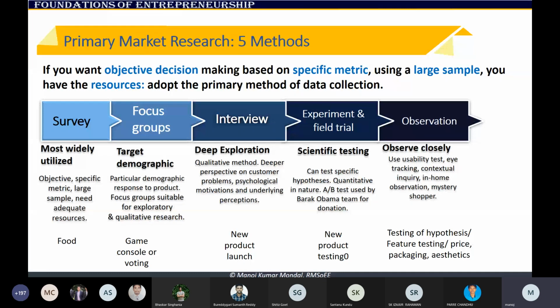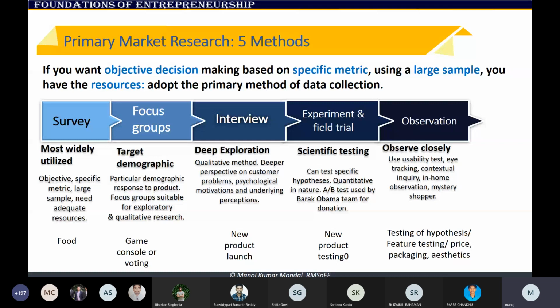Then observation. Observation is when you stand in the mall and look at people's behavior when they are picking up something from the shelf and looking at the label, then putting it back, or putting it in the basket. Whenever they put it in the basket or put it back, you try to understand what they looked at that helped them make a decision. You can even ask them, I noticed that you evaluated this visually, but then you did not put it in the basket. What is the reason? Then they will say that in the content they found something they don't like, or they have an allergy to this, or something. So you get that insight.